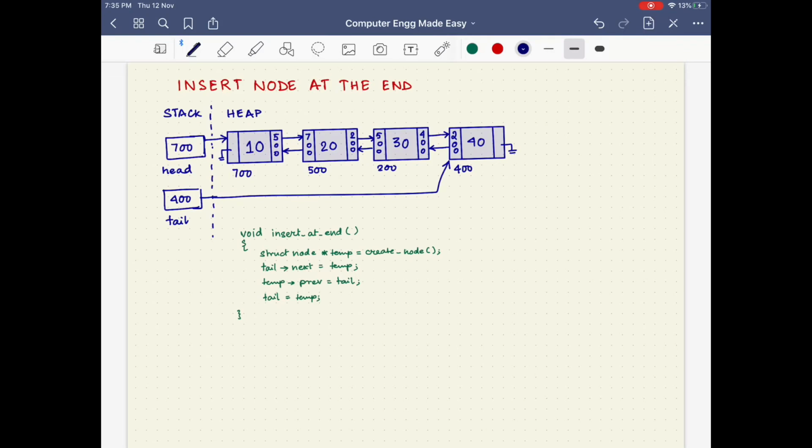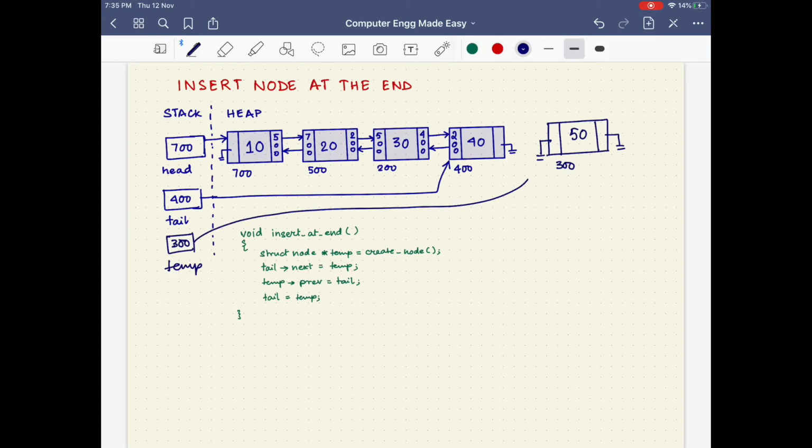So when we do that, say this is the new node that gets created at address, say 300. It's holding null in its previous and next position, and some data is stored over here, and the address will get stored in the variable temp, which will be located in the stack memory, indicating that this variable temp is pointing to this particular node.